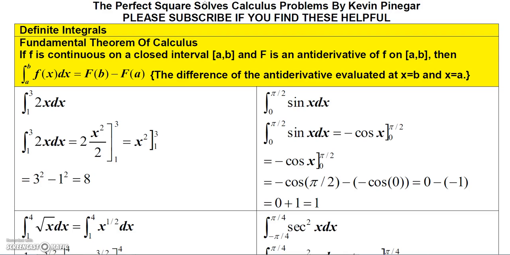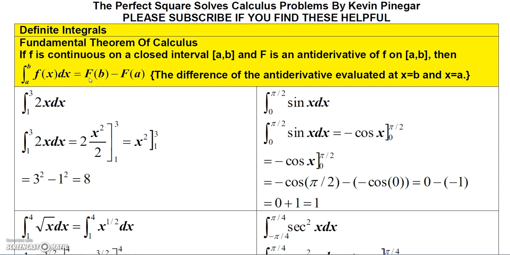If you are watching this video, I'm going to surely assume that you've at least read the fundamental theorem of calculus. So basically the fundamental theorem of calculus says if you want to evaluate a definite integral that goes from x equal a to x equal b of f of x dx, then you just get an antiderivative of this